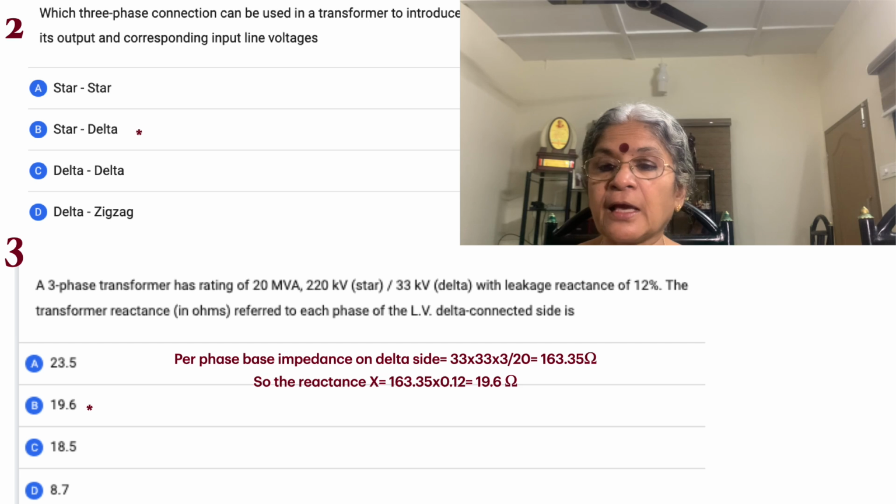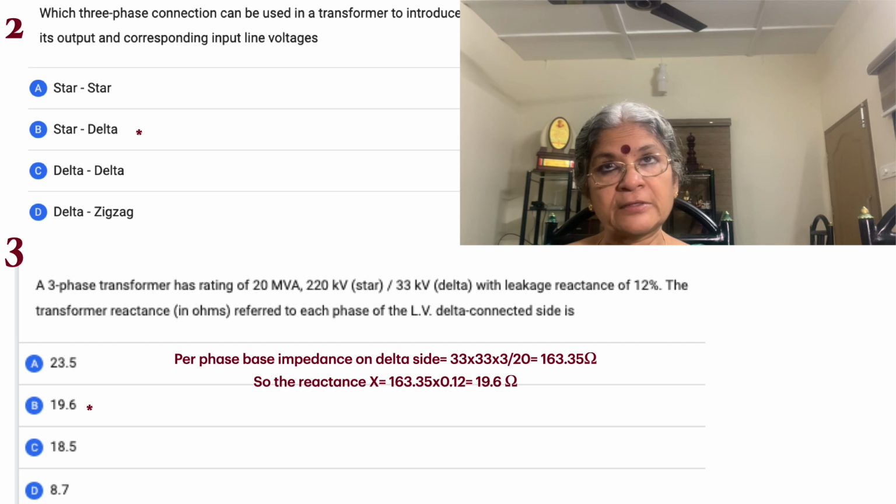With leakage reactance of 12%. The transformer reactance in ohms referred to each phase of the LV delta connected side. Delta connected side is good because the voltage that is given happens to be the phase voltage as well. So the phase voltage happens to be 33 kV, the transformer rating is 20 MVA, and the leakage reactance is given as 12%. This can be on any of the sides. And what is required is the transformer reactance, not the percentage value, but the reactance, and that too on